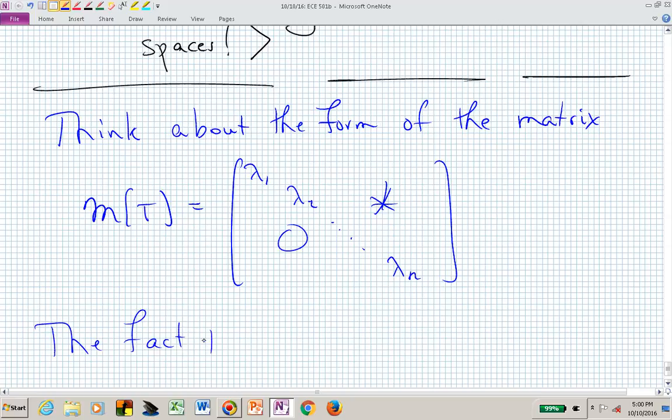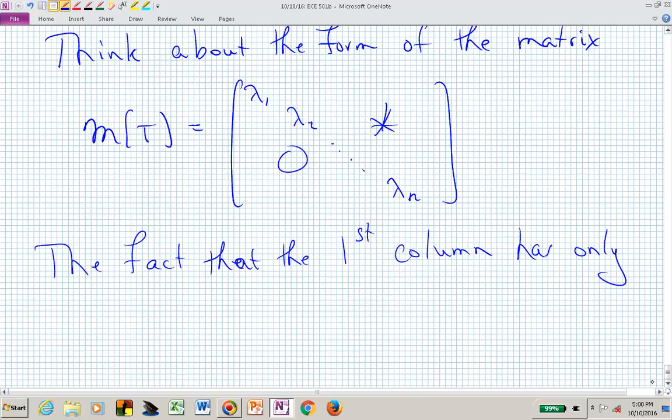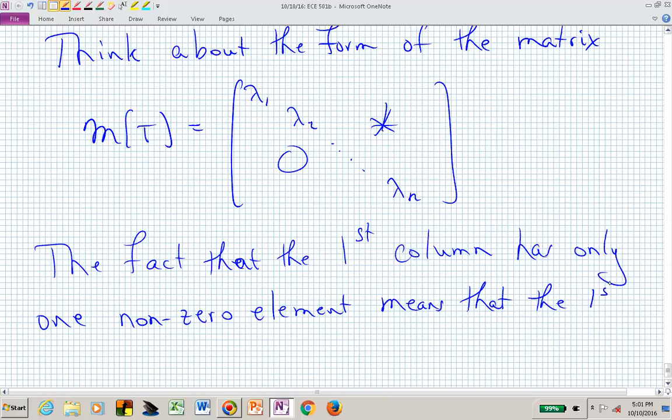The fact that the first column has only one non-zero element, that's the lambda 1, means that the first vector of the basis